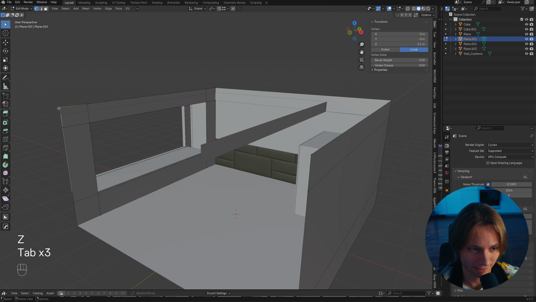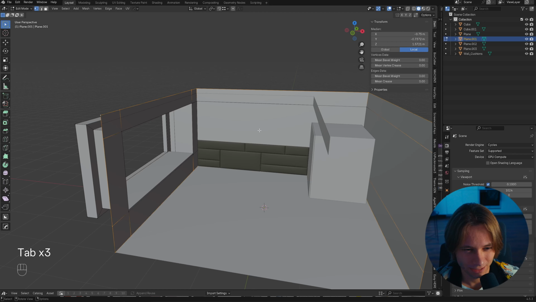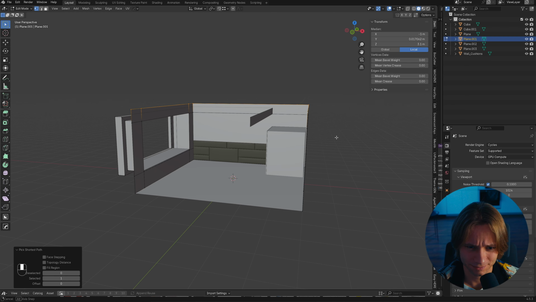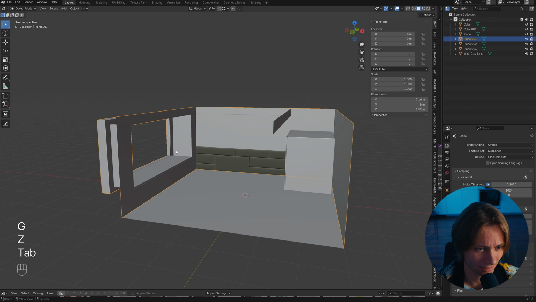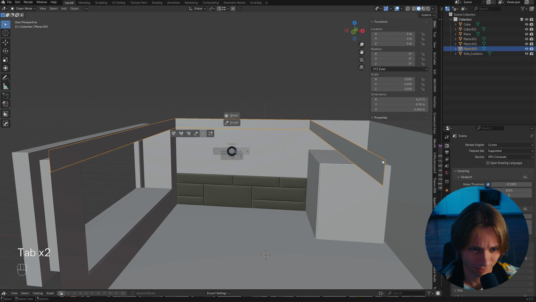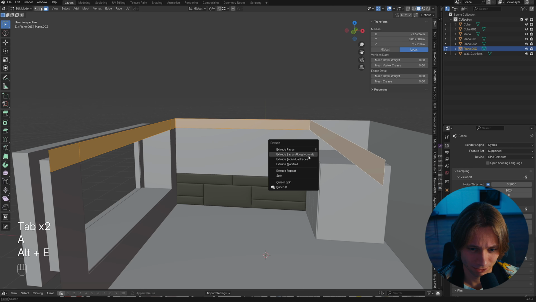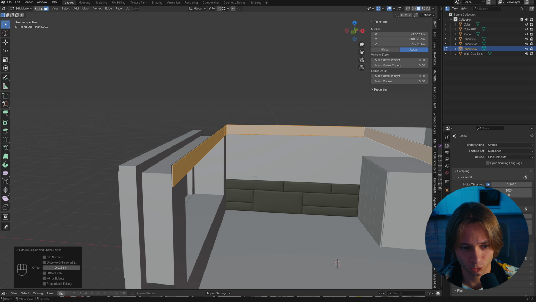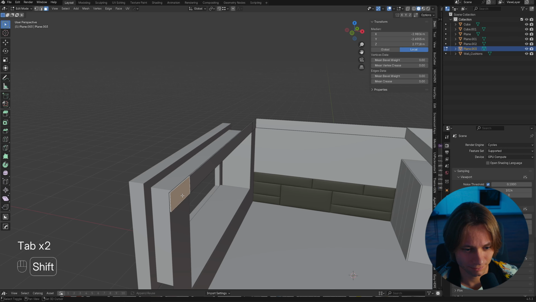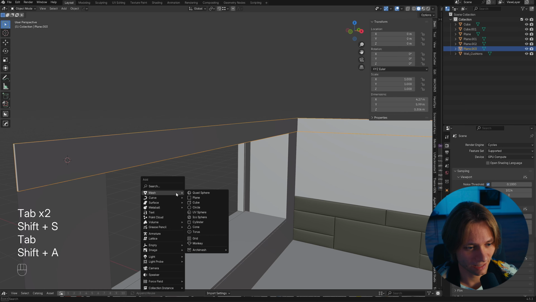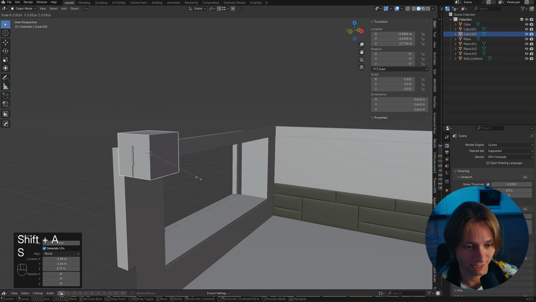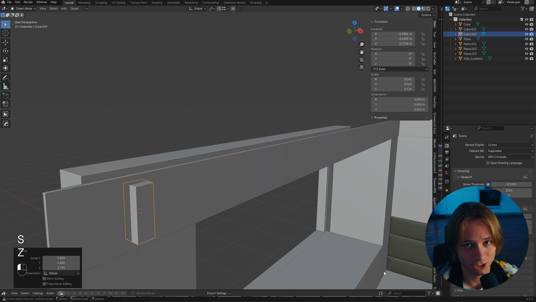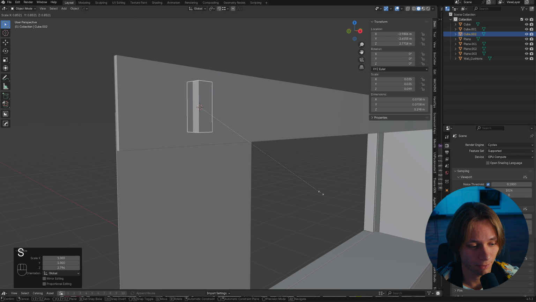My idea is to make some small panels for the top. So extrude inside with Alt E. Now let's move the cursor to a face. I use machine tools for it. I'm actually using HardOps and Machine Tools for